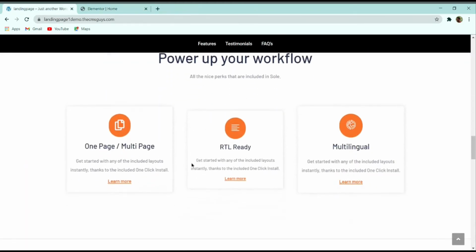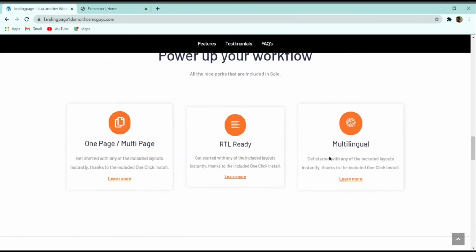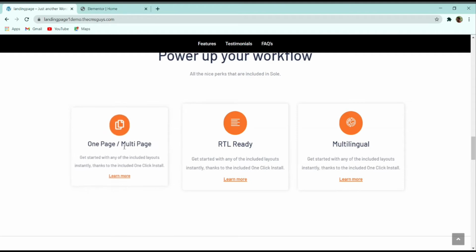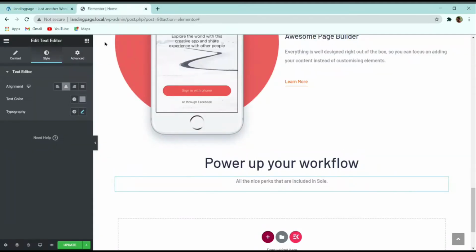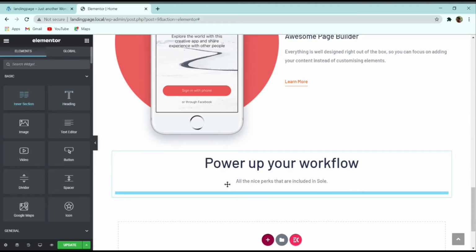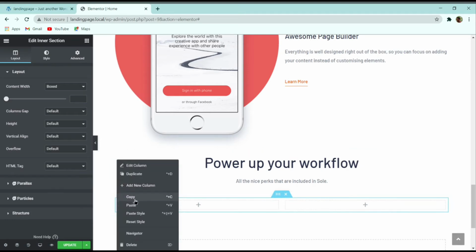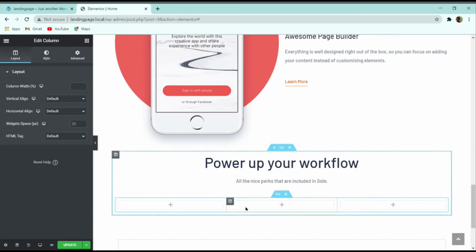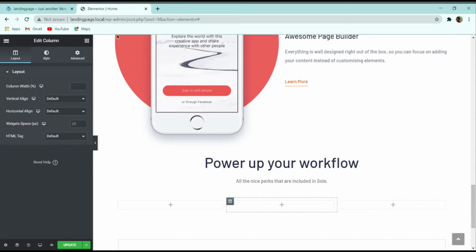So now we have to create these icon boxes. So to create these icon boxes we need three columns. So basically again I will click on these nine dots over here, and then here I will search for, you can see that this intersection, I can simply drag this intersection to this, and here I will make the column to three columns. Let me add one more column. So basically now here you can see that we have three columns over here.